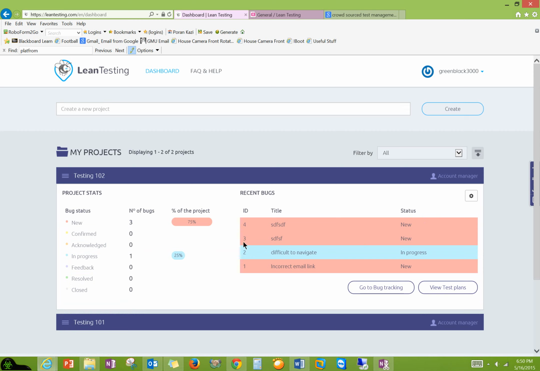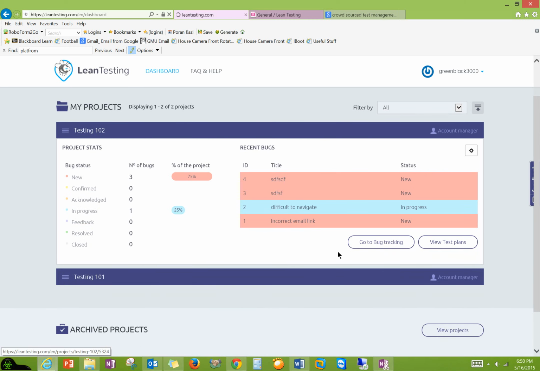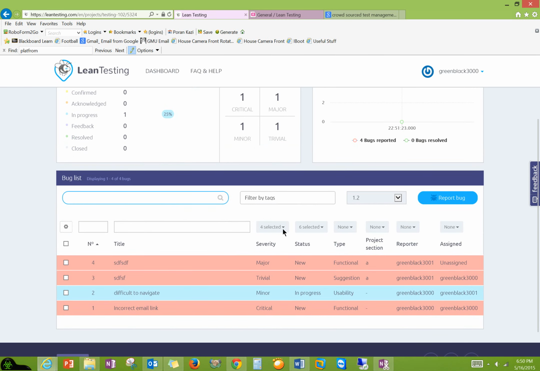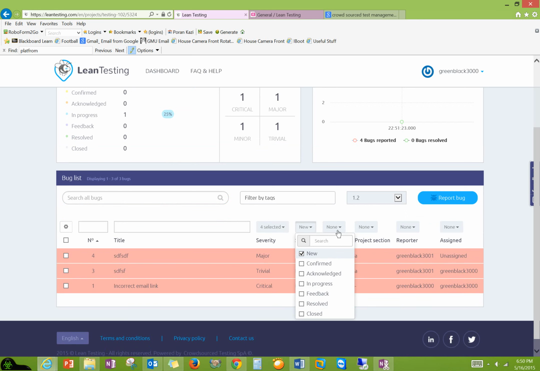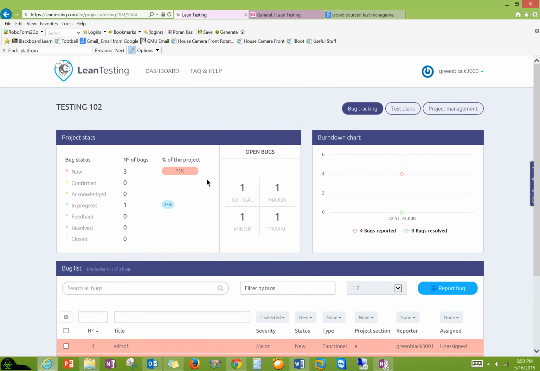So at this stage, I think it's usable, especially for us to get started. But you can see right here, if you go to the bug tracking, you can see all the bugs. You can filter by different severity. You can filter by if it's new, and it works very well. And then you can filter by the application version, so you can have different versions. And then you can see right here the open bugs, the different severity, and then if you go to project management, you can actually